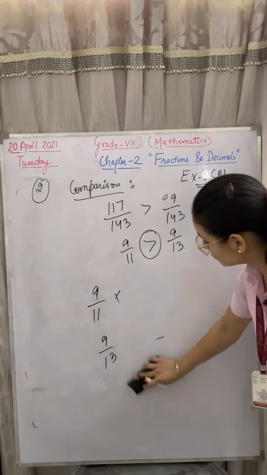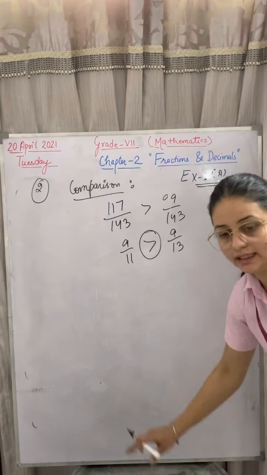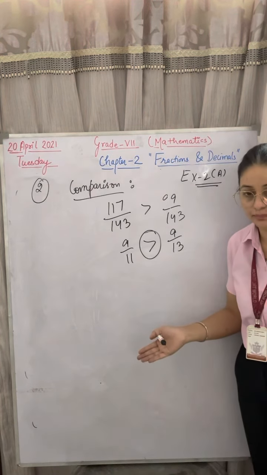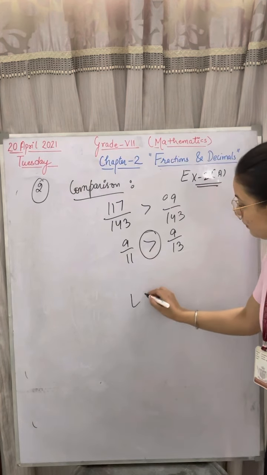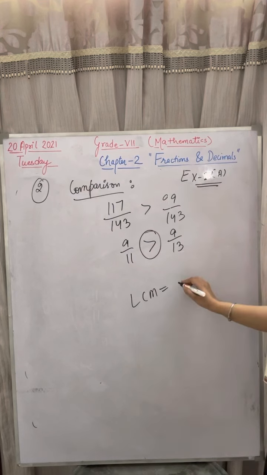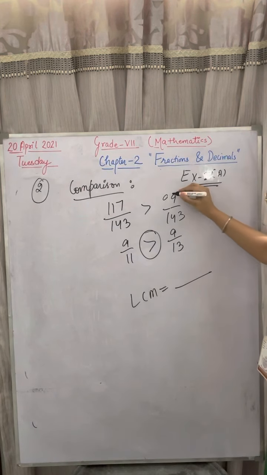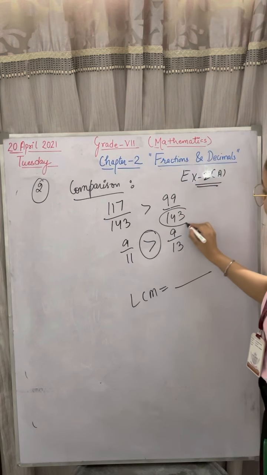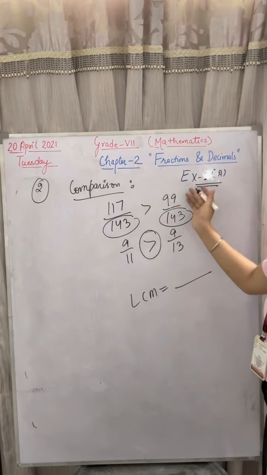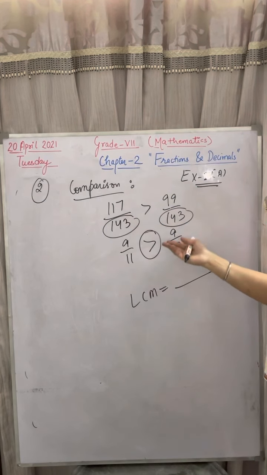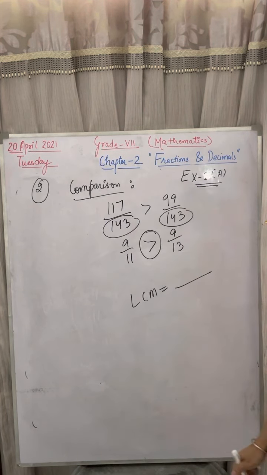If the denominators are same, then fine, you can easily take out the answer. If denominator will not be same, then you have to make it same. Okay, how you can make it same? You have to take out the LCM of the denominators. Okay, and then multiply and divide with the same number, and then you can take out the answer. See, I have taken out the answer now. My denominators are same, exactly same. Now I can compare the numerators. This is smaller, this is bigger, and then I can take out the answer very easily.